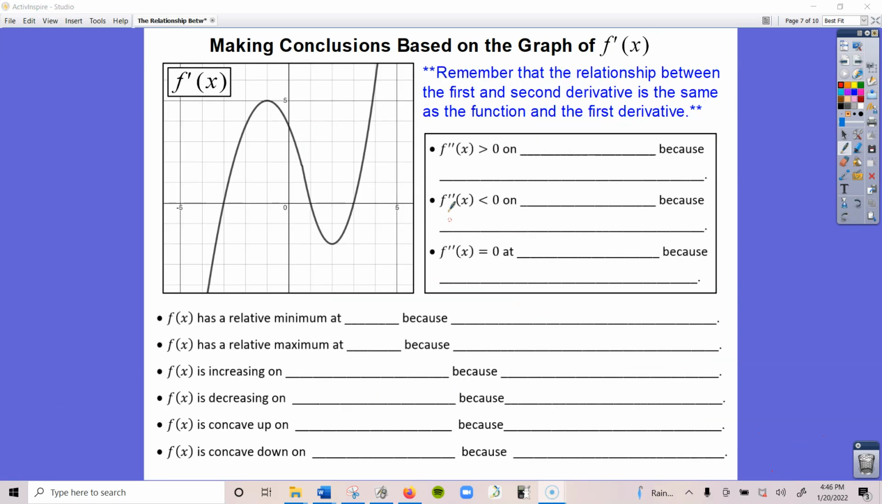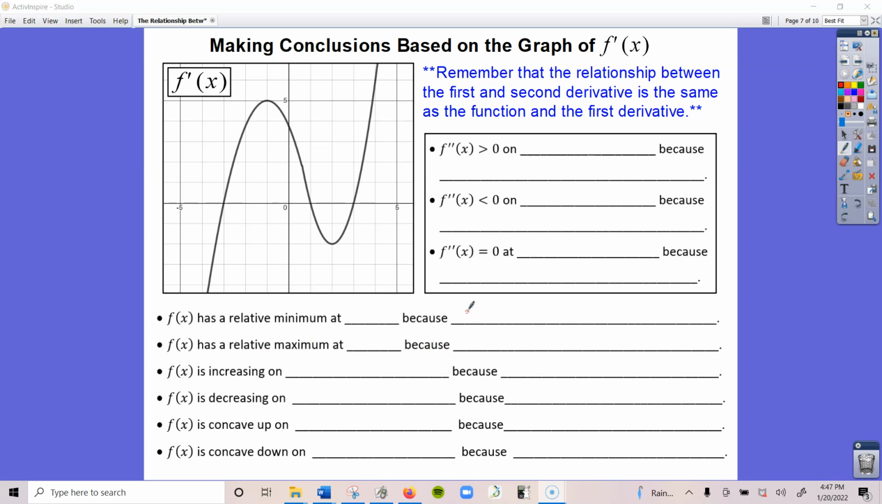So now we're switching gears a bit, and we're looking at the graph of the first derivative. So we're going to write information about the function and the second derivative based on this graph. These are all things that we should know already because we've done this in the past. F of x has a relative minimum at, and remember, think of your reasoning first if you find that helpful. F of x has a